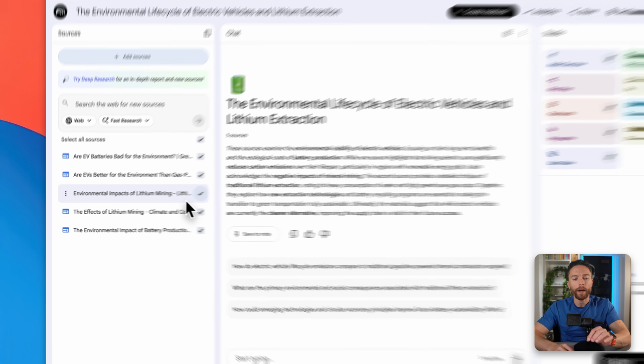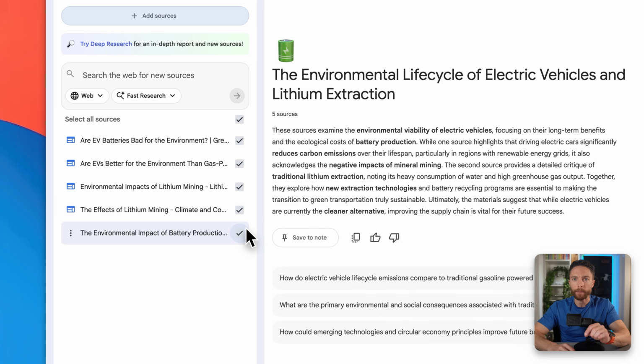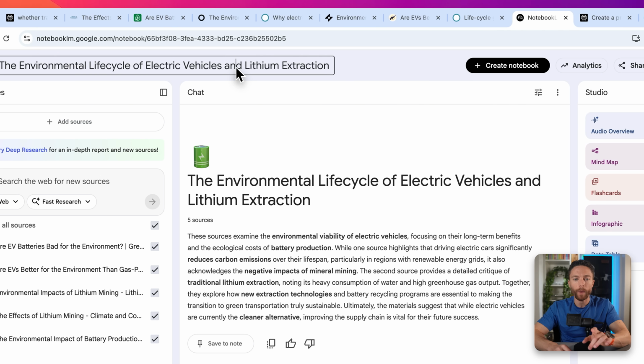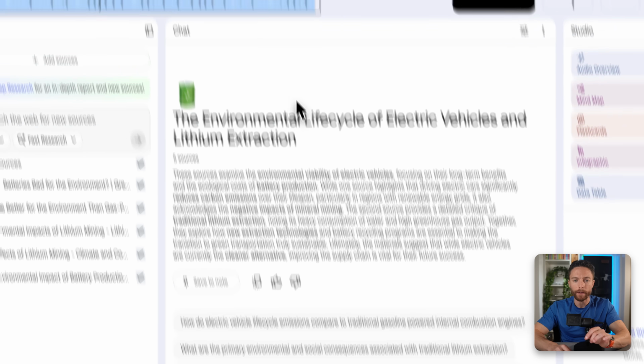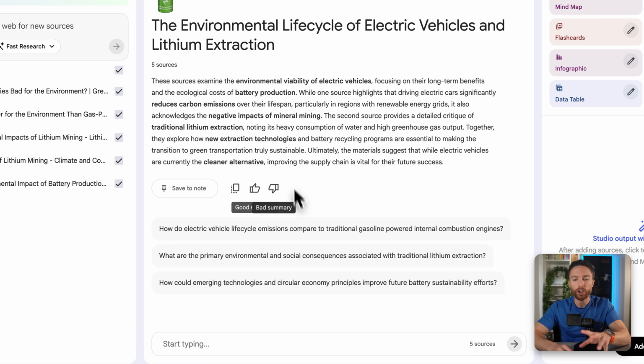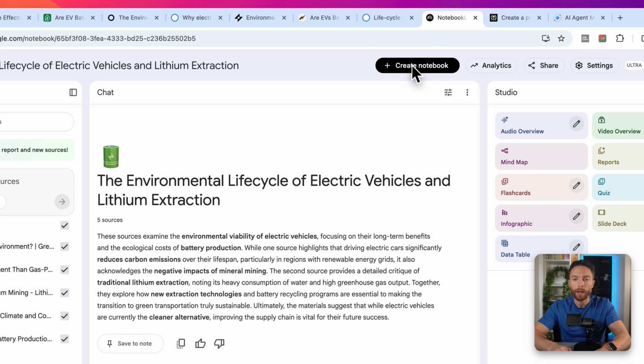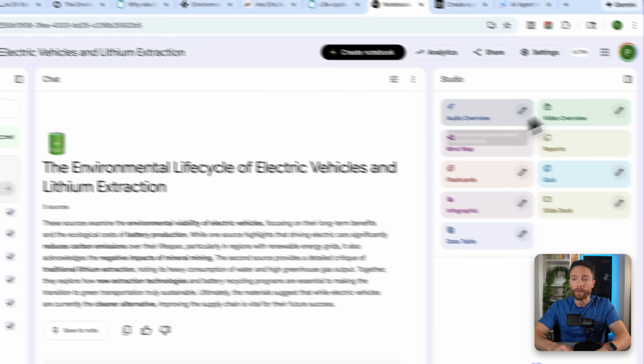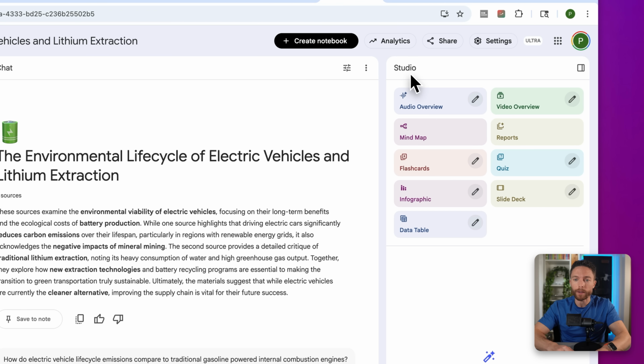Great, so now you can see we have 5 sources in here that are making up this notebook, and NotebookLM will automatically give this notebook a title as well, but you can always click up here to change it. Now here in the middle, this is where you can chat with this information. So this is helpful as you're preparing for your presentation or preparing the notes that you're going to say during that presentation. But the most useful thing inside of here is here on the right under the studio section,